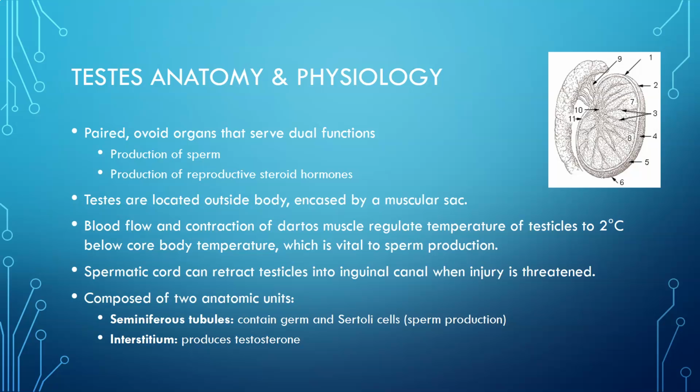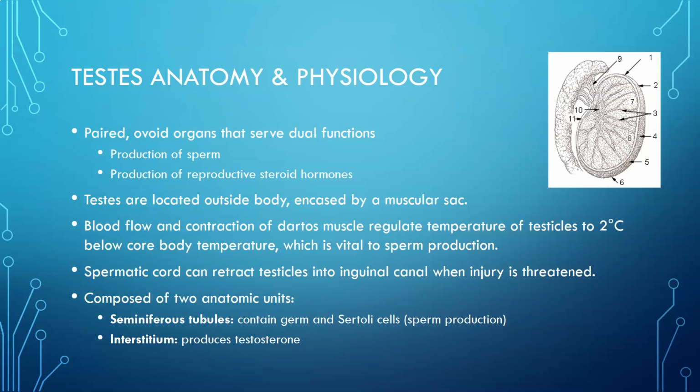So let's look at testes anatomy and physiology. The testes are paired ovoid organs that serve dual functions. They are there for the production of sperm and the production of the reproductive steroid hormones, the androgens, mostly testosterone for the males. Testes are located outside of the body, and they are encased by a muscular sac, the